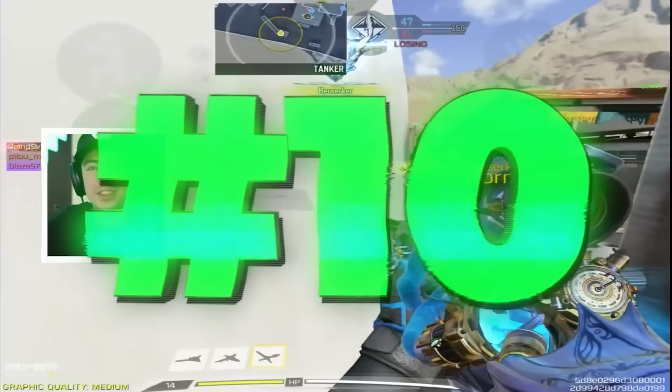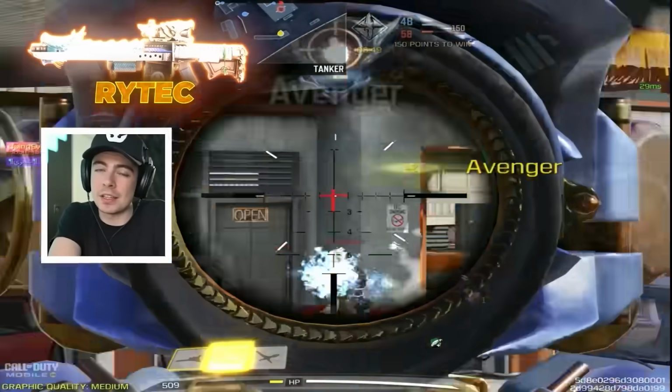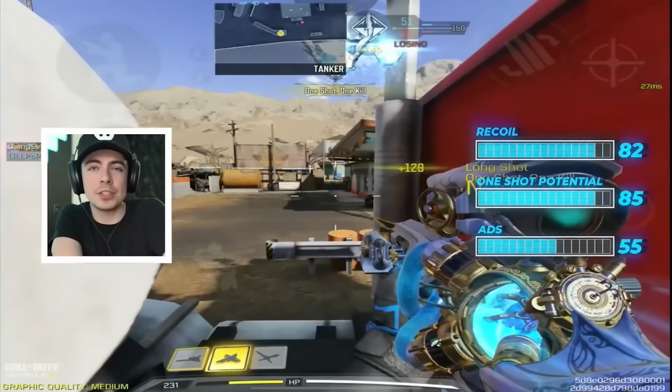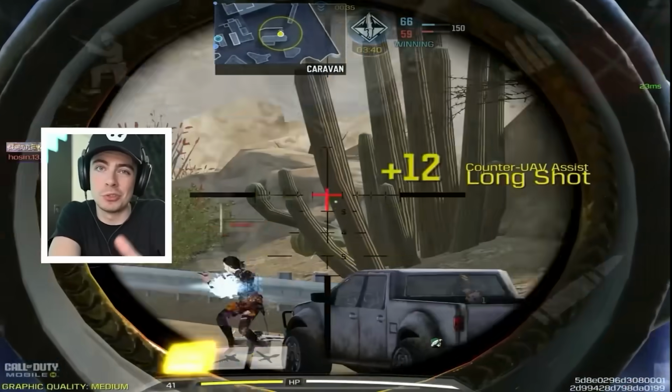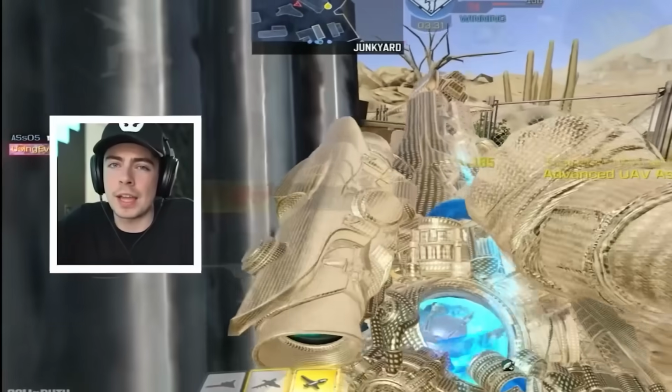Number 10, it's the Rytec. Listen, I love the mythic skin for this, but the gun itself aims in way too slow to be useful. And if you want something that hits for a little bit more damage, there's plenty of other snipers on this list that we'll talk about later that you should use instead. Don't get me wrong, it's fun to play around with, but if you're really trying hard,